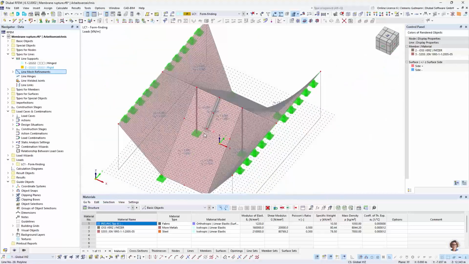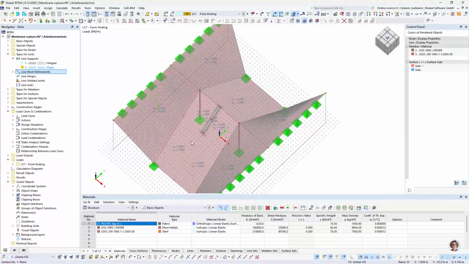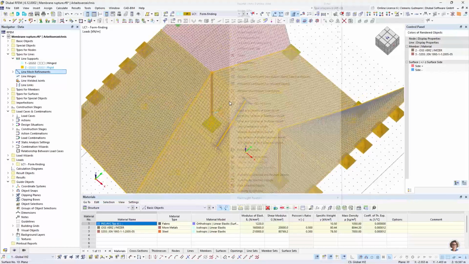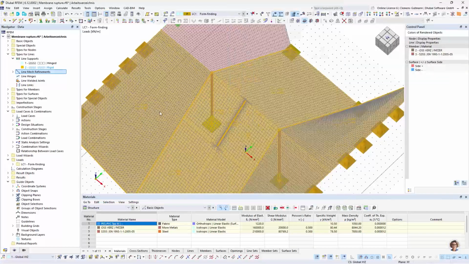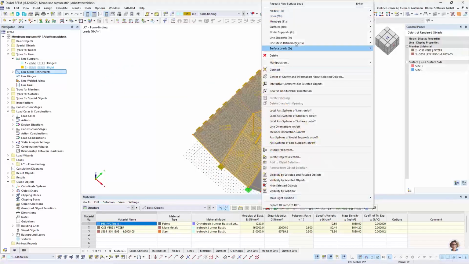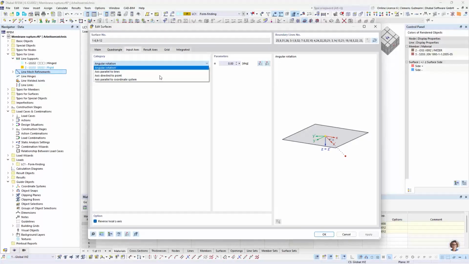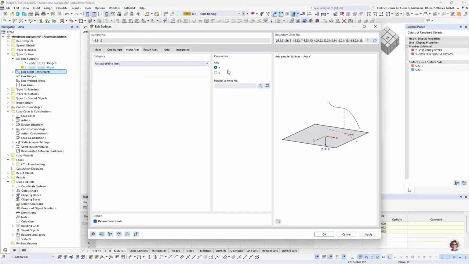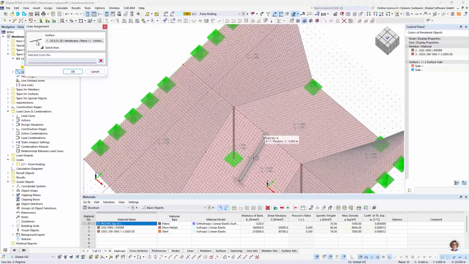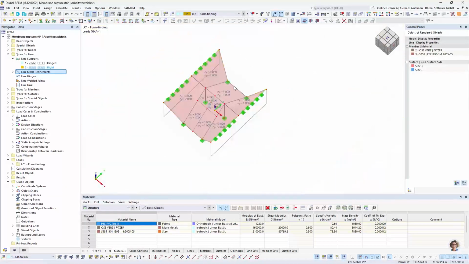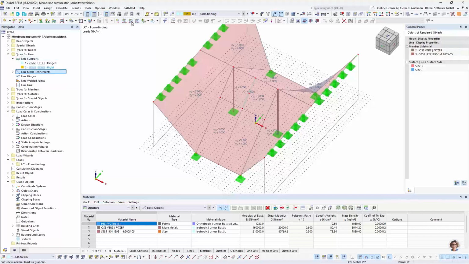So one thing we didn't take a look at yet is how the local axis systems are oriented, and I want all of them being oriented the same way. So I'm selecting all of them, go into surfaces, edit, and go to input axis, axis parallel to lines, and I want to have the weft direction parallel to this top line here. Good. Then last thing missing are the cables,